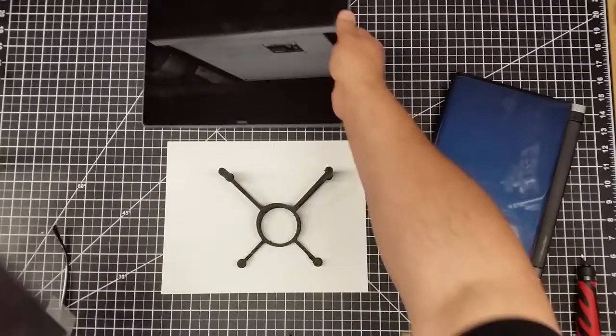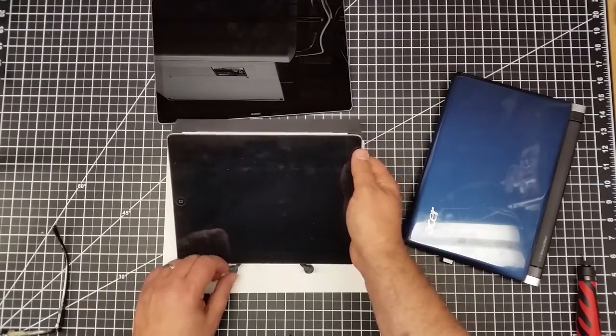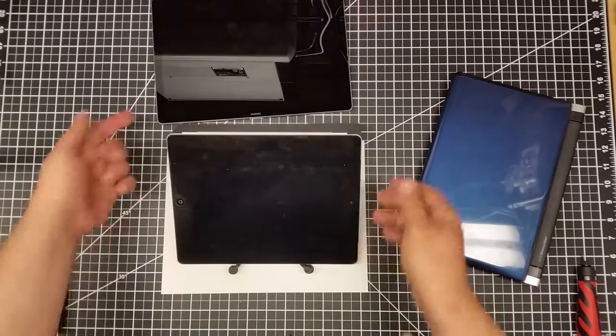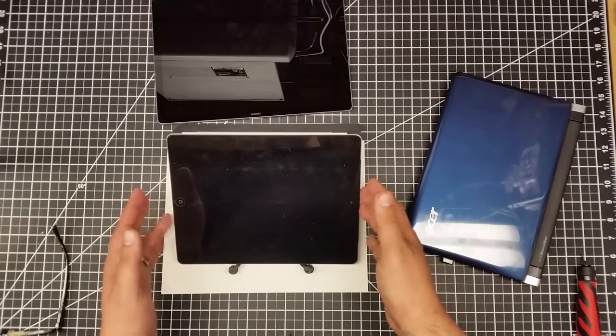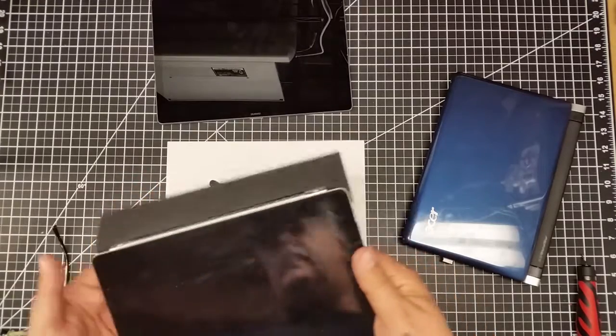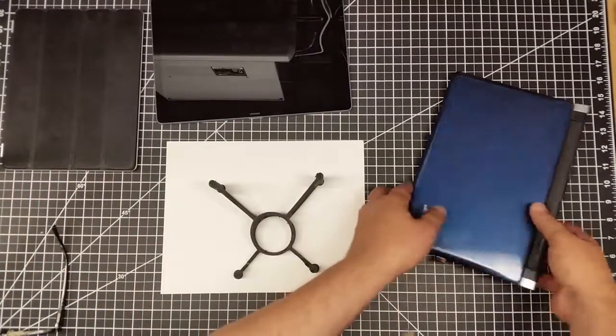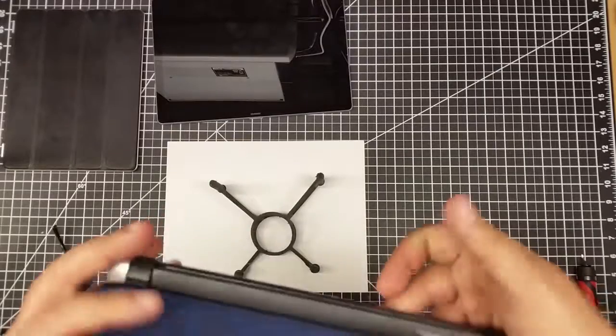So I got the 9.7-inch iPad. Fits very nice on that, actually. This is actually thinner. This is the older iPad. I think this is an iPad 3. I've tried it with my iPad Air. It also works nice. The other piece I wanted to also try, sorry for bumping you with my hat there,